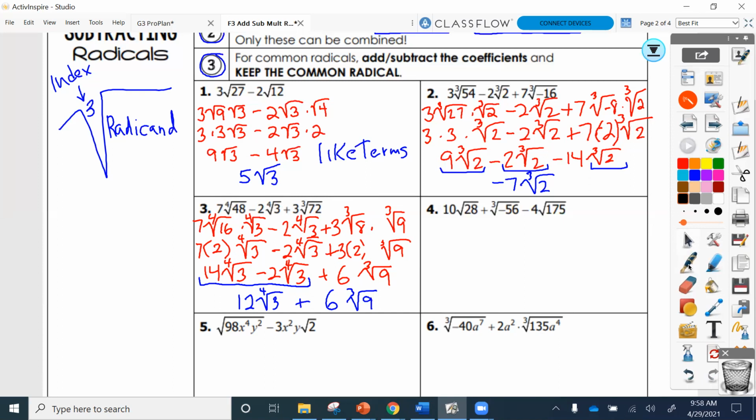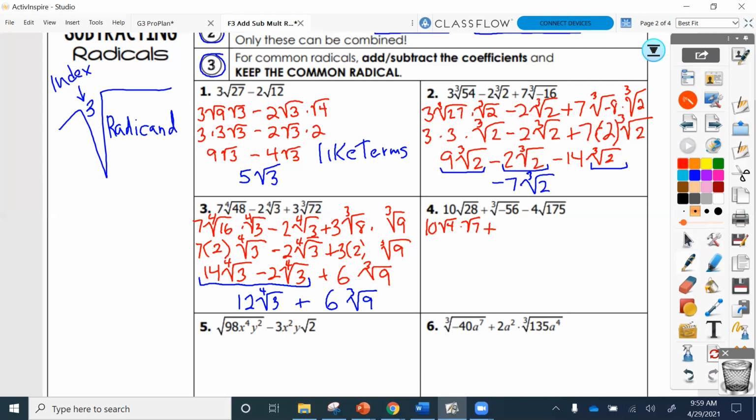Okay, moving along. So we're going to simplify the square root of 28. So think of factors of 28. Well, 4 times 7 is 28, and 4 is a perfect square, right? So 10 times the square root of 4 times the square root of 7 will take care of 10 root 28,